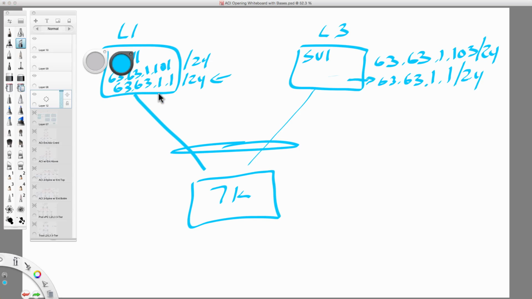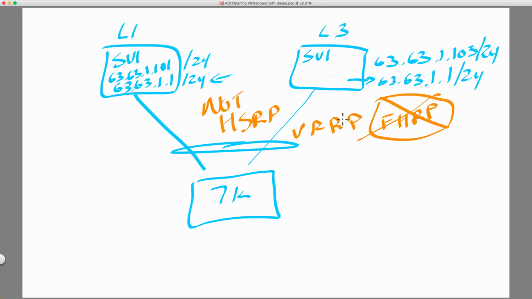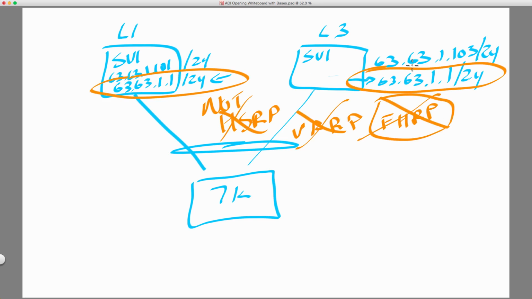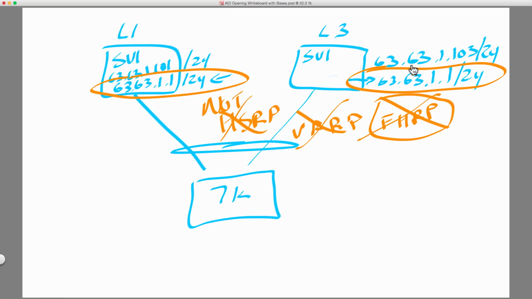Now, what this is not is HSRP or VRRP. Really, it's not any sort of first hop redundancy protocol. Okay, so it is not this. It is still Anycast, but just kind of a nuance of the way that we have to program this in ACI is we have to use that secondary IP if we want a single sort of a virtual IP or